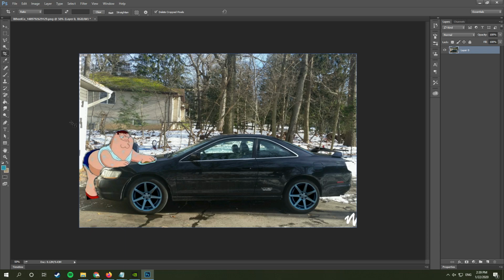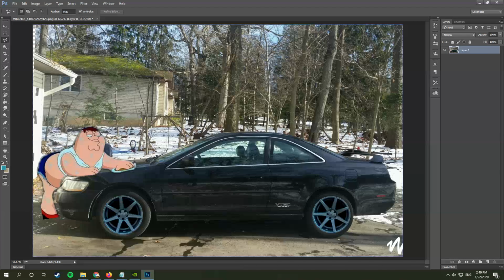So what you do is you go over here on this side and you find the polygonal lasso tool and you select that, and then you zoom in down here and you click once right here. Alright, and then you line this up with just the tippy edge of the car and go here, and just pretty much just trace the wheel well